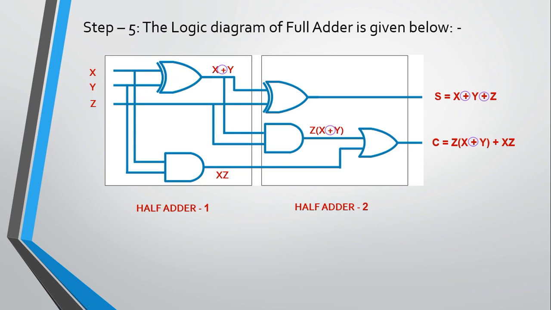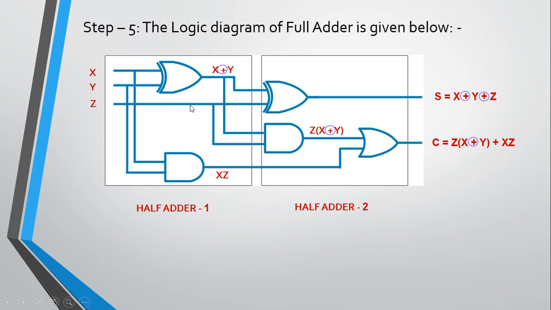This is the logic diagram to represent full adders. Don't get confused for the full adder. See, there are 2 half adders we have added over here, right? Half adder 1 and half adder 2. This is the circuit of half adder only. Now see, when there is an addition of 3 binary numbers, first of all X XOR Y, that is the output over here.